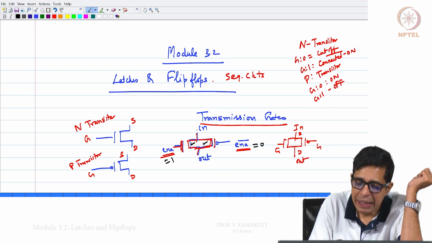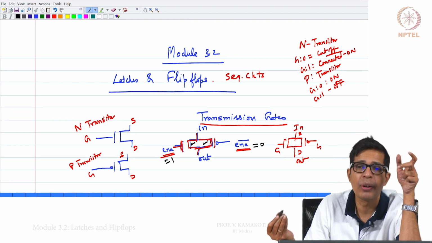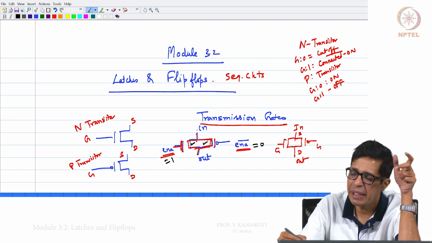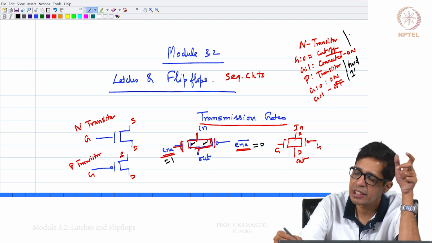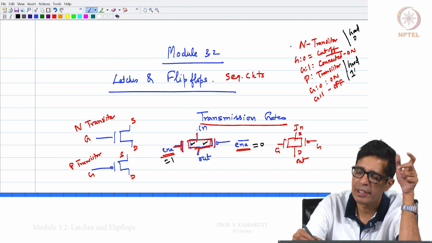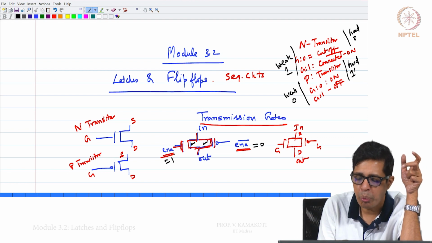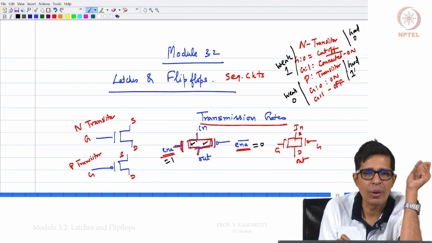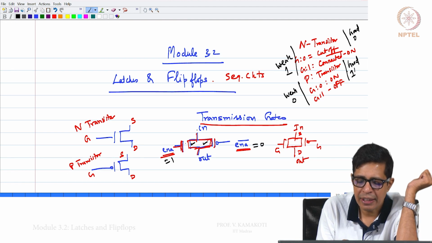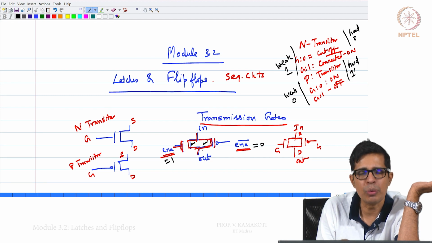Interestingly, if you give a 1 on the source of the P transistor, it will give you a strong 1 on the output. So, the P transistor is a good carrier of 1, while the N transistor is a good carrier of 0. The N transistor is a weak carrier of 1, while the P transistor is a weak carrier of 0. When both transistors are on, with enable 1 and enable bar 0, if I give a 0 at the input, the N transistor makes it a good 0, though the P transistor makes it a weak 0; good plus weak is good.